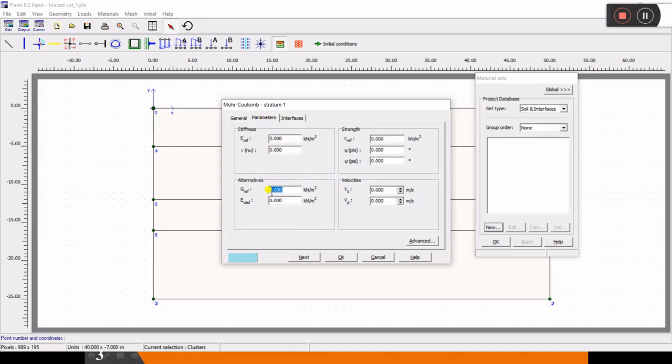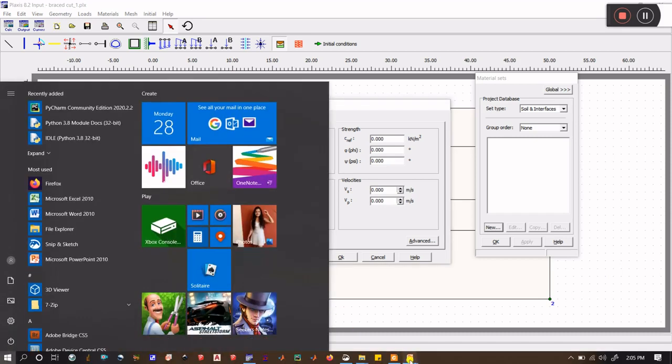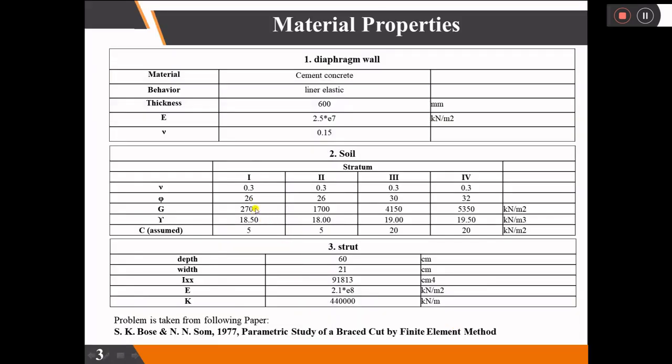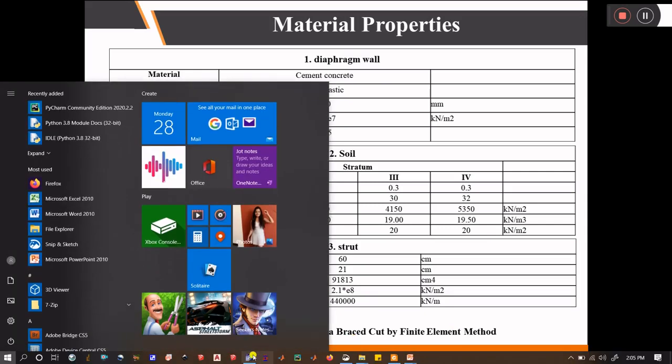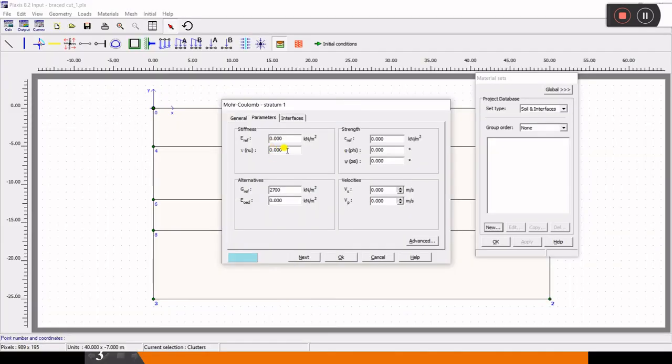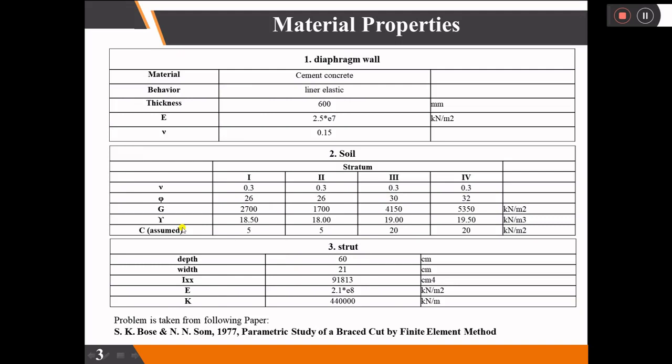Here G is given as 2700, I guess, and E is 526.3, and Poisson's ratio is 0.3, and the value of C, phi is given as 26 degrees, and the value of cohesion is 5.